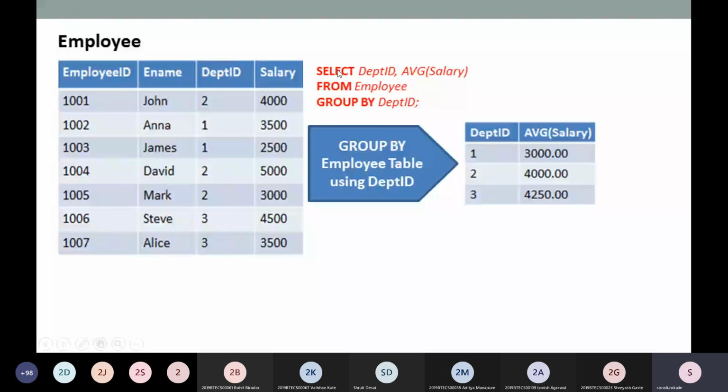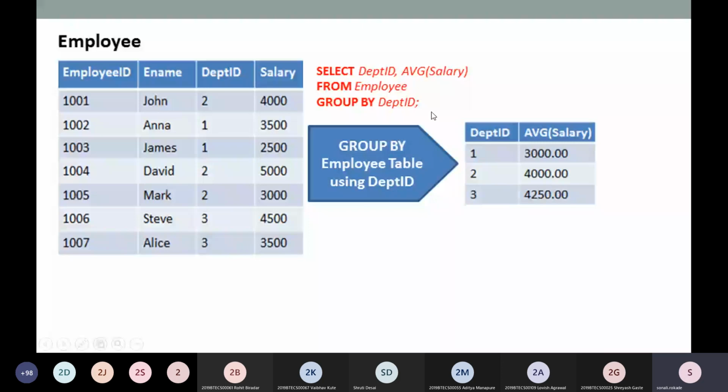Then from employee group by department ID. So all the processes work on the basis of split, then apply, that is the average, and again combine to a particular value. That is the group by clause.